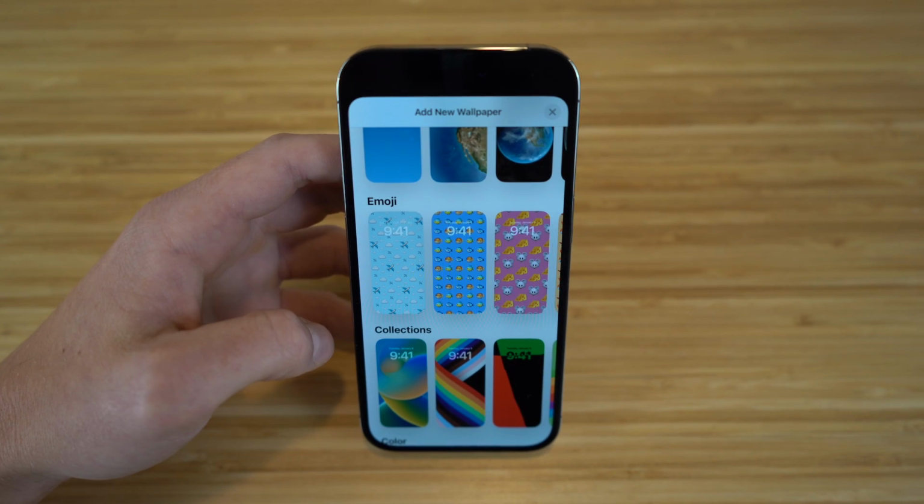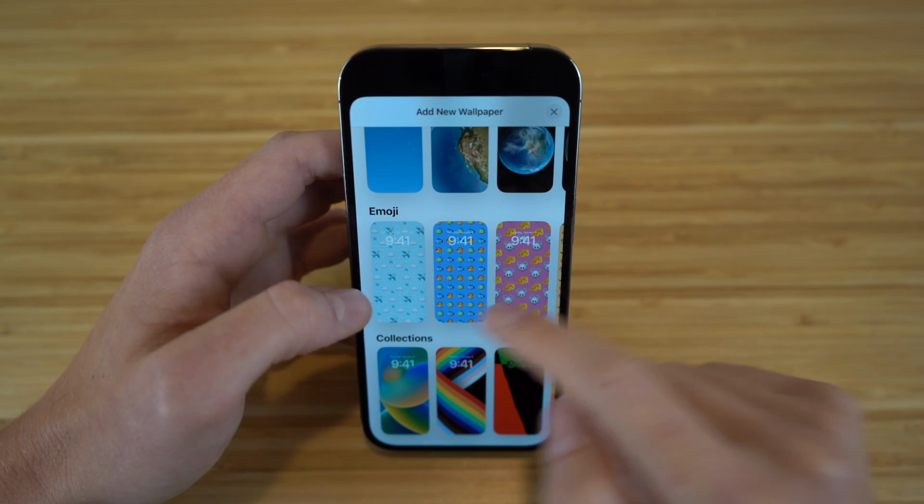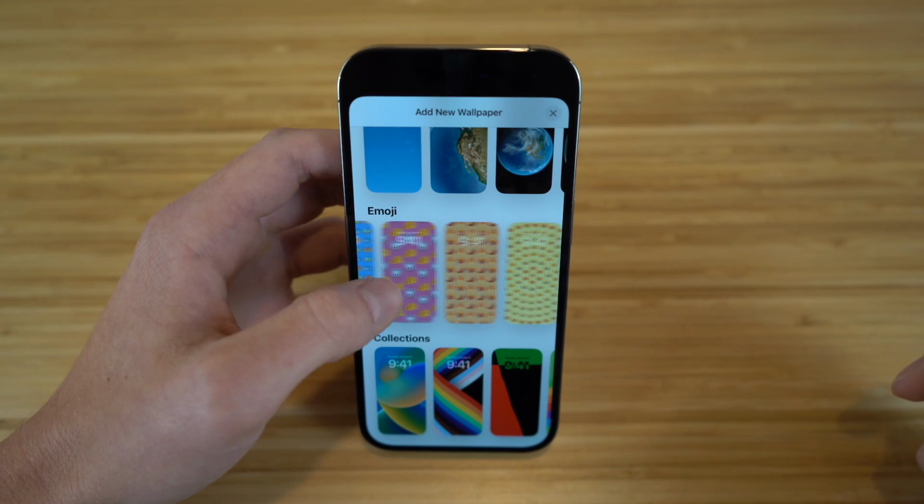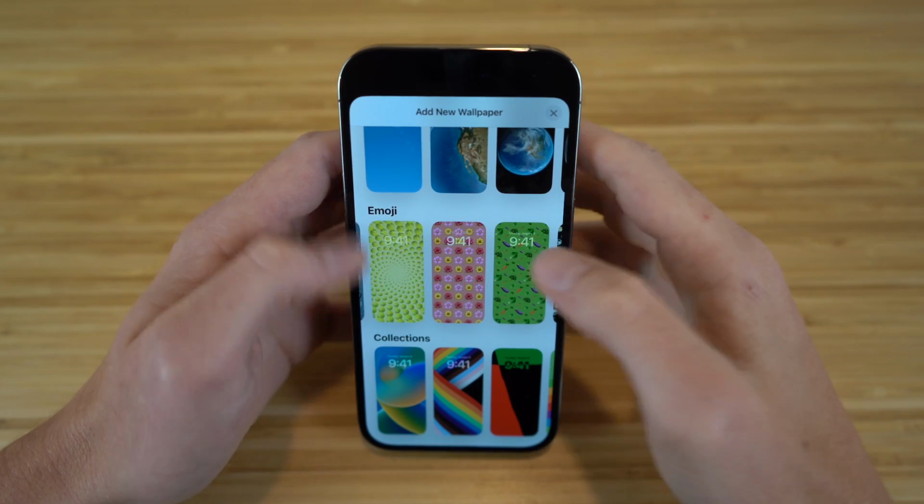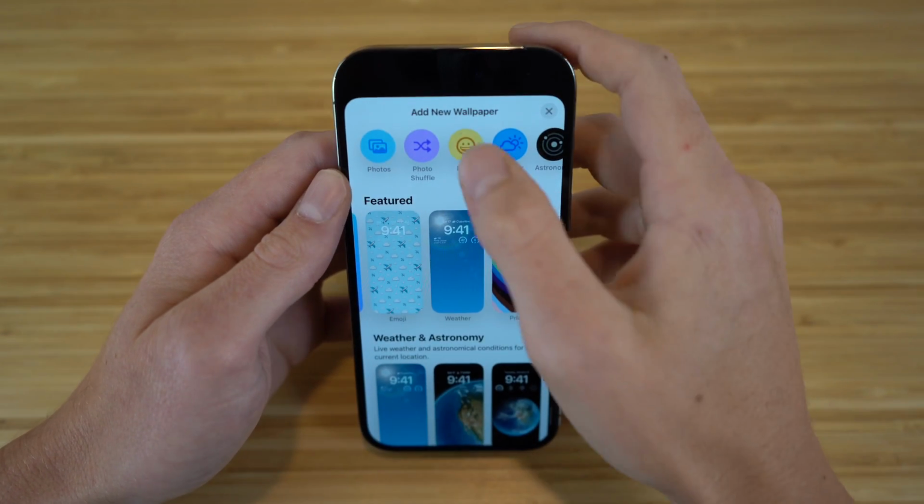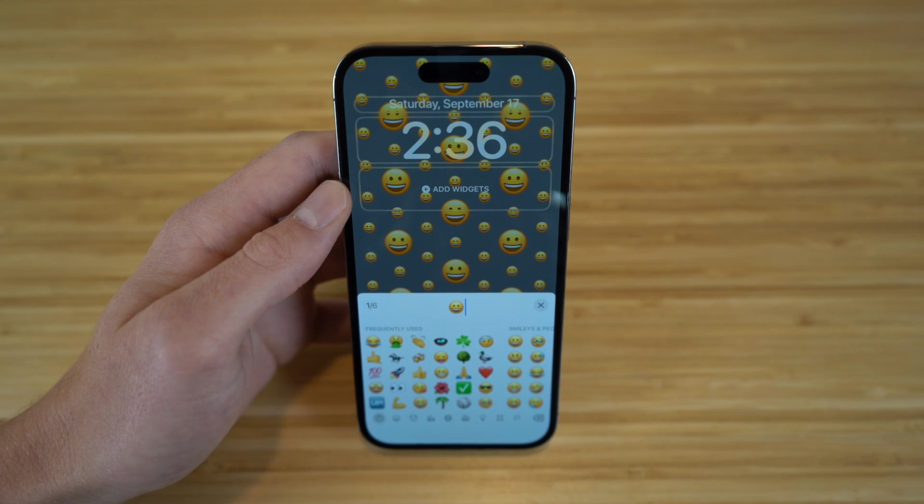So one of the coolest options I think is the emoji option. So you can actually have emojis as your background of your lock screen. If you scroll down to this emoji section right here, they're gonna give you a few that they recommend, all of these options. But if you want to create your own, you just scroll back up to the top like this, click emoji, and now you can choose any emoji that you want and that you like